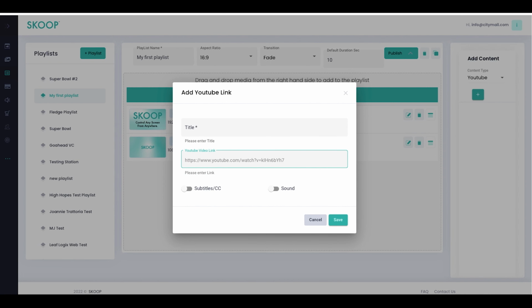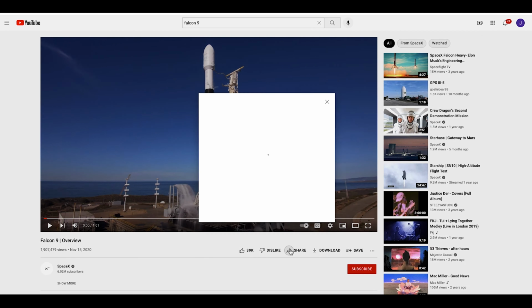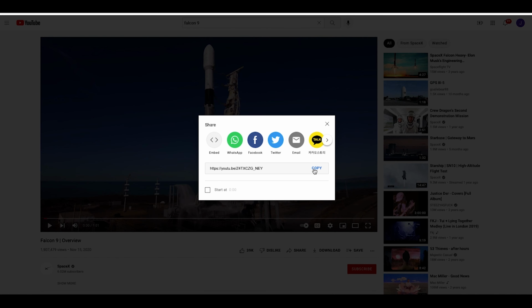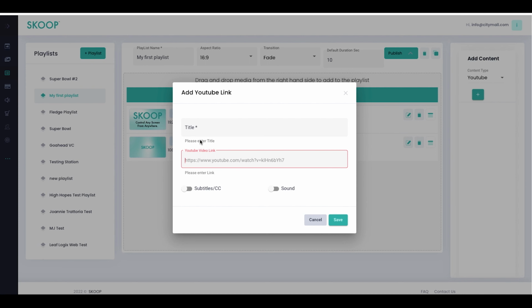So let's go over to our tab that has YouTube open. In this case, I want to show a video of this rocket launch. I'll hit the share button and I'll copy my URL. I'll then go back over to Skoop Signage and I'll paste in the URL and I'll title this